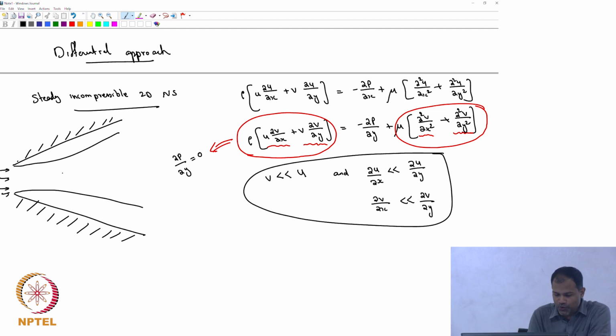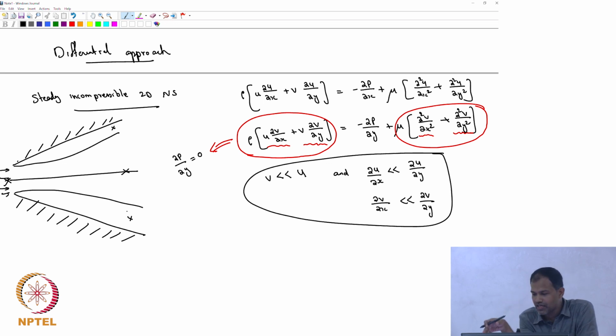So you can really apply Bernoulli's equation and calculate the pressure here and the pressure here. You can use the same pressure here also, because the pressure variation across the boundary layer is so small. The pressure variation along the boundary layer is then determined by what is happening outside. If pressure was changing with respect to y, then you would have to worry about how the pressure changes. But if you want to determine pressure inside the boundary layer, you can actually calculate it from the numbers that are known outside.